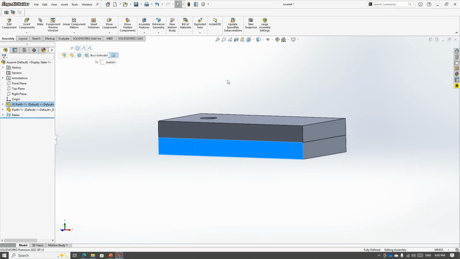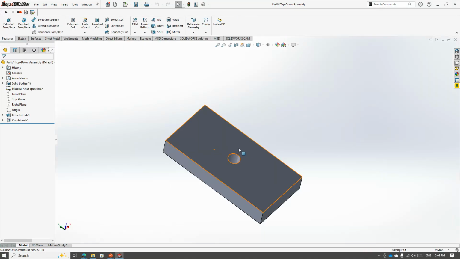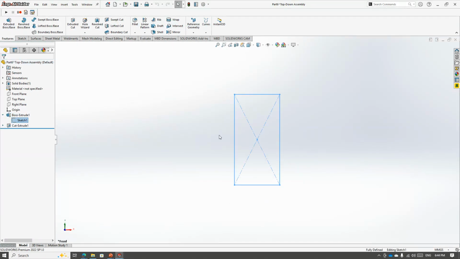So the tip here, the crux here, is that when we move towards the top down assembly, our complex design can save a lot of time. But the critical point here is that your design intent should be clear to you, which part will depend on which part and which feature. And that's why if you want in future to change something, you will just make a modification to the first part, and it will automatically be adjusted into the final part. For example, if I want to make it square, I can simply change the dimension from my reference to the first part